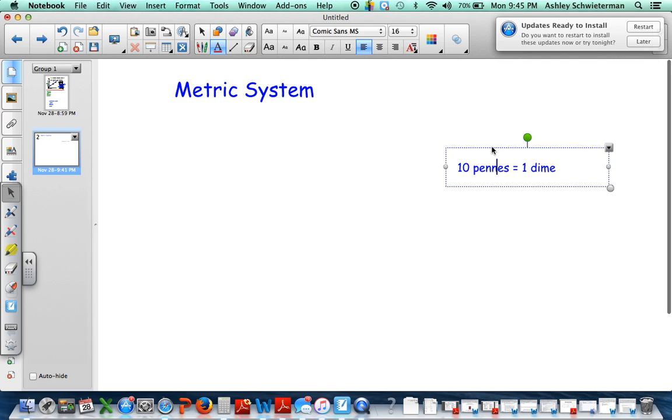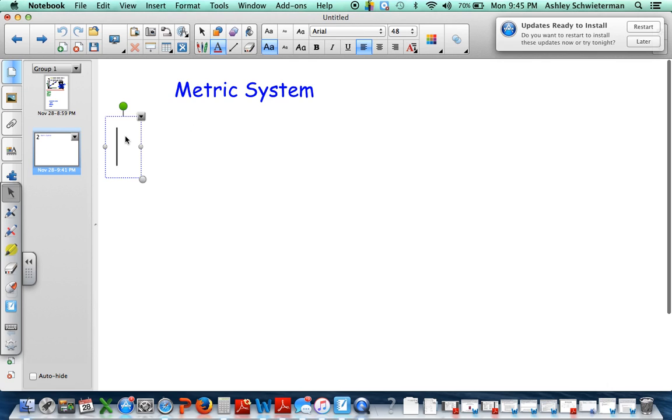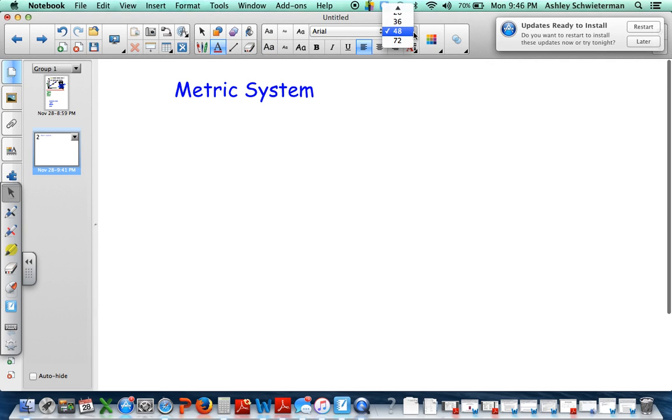Alright, so I like to have you know these in order because then the conversions are super simple. And one way I do that is by having you, in the past I've had them create their own mnemonic device or way of remembering it. So the one that seems to be the most popular is the King Henry. Bear with me, I'm using my mouse since I don't have a working pen. So I have King Henry,